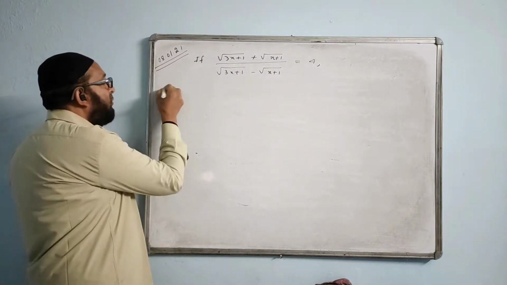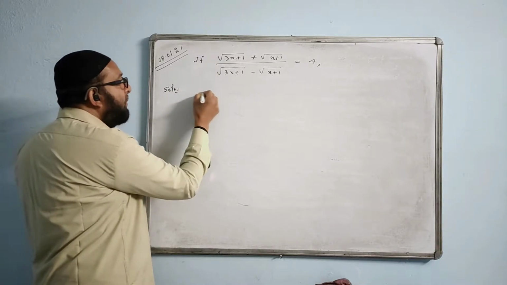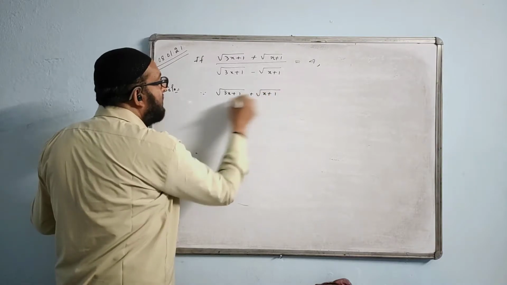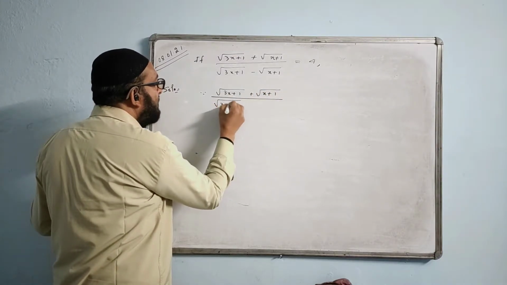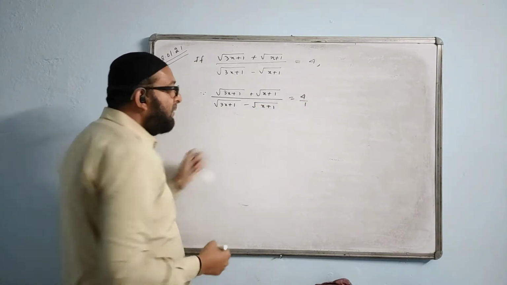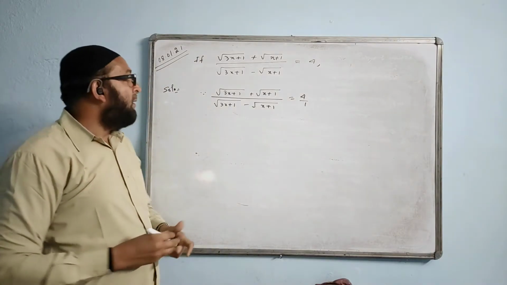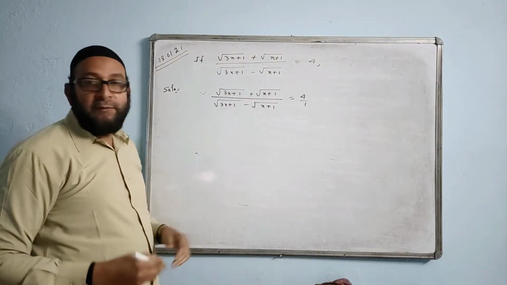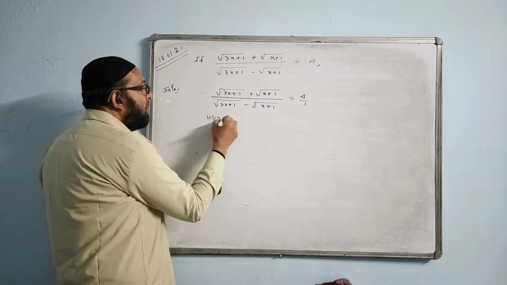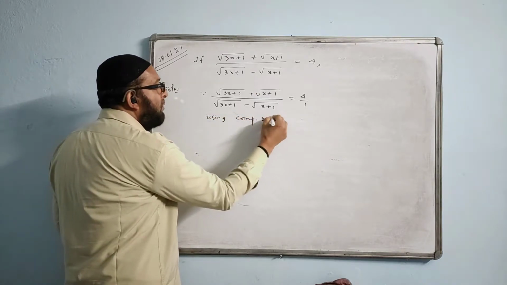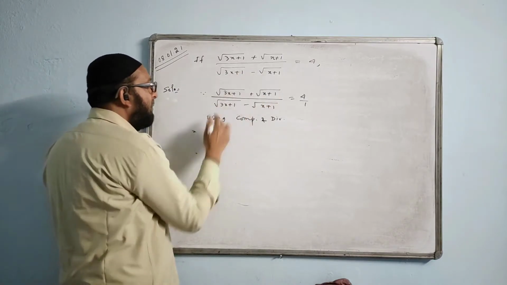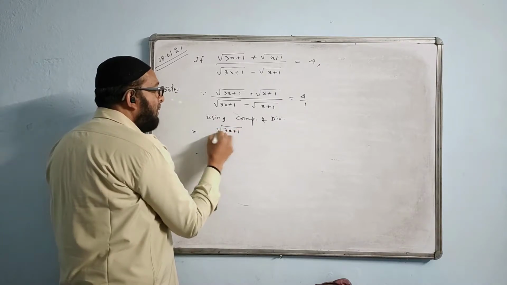How to do the solution? First, you copy whatever has been given. Since (root of 3x plus 1 plus root of x plus 1) upon (root of 3x plus 1 minus root of x plus 1) is equal to 4. That means 4 upon 1 we will write ourselves. We see the same thing coming with the plus and minus sign. We have to use componendo dividendo. It is already applied here. So we write here using componendo dividendo. This side will only simplify. Let us write the first thing here and the second thing over here.